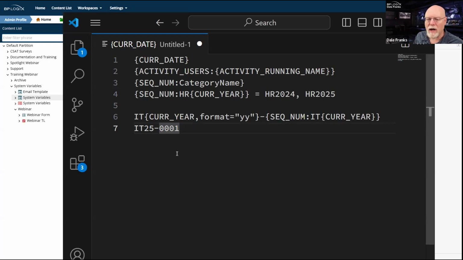Now, as we've discussed before, you probably don't want to do this in a form. You probably want to do this in the process timeline itself, so that unless there's an active process timeline running, there is no real sequence number. If you drop this into a form, there's really no way to incorporate a sequence number into a form that doesn't burn the sequence number every time the form opens.